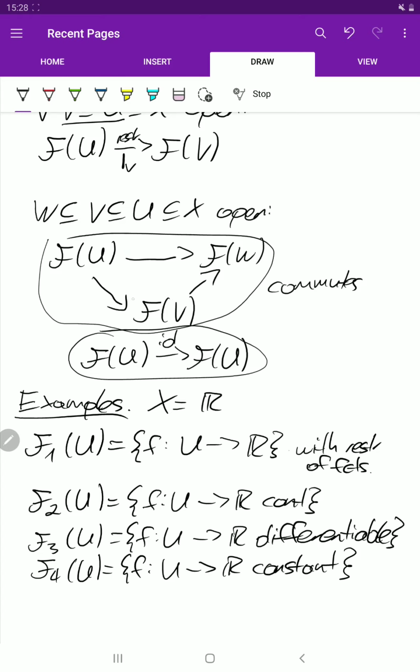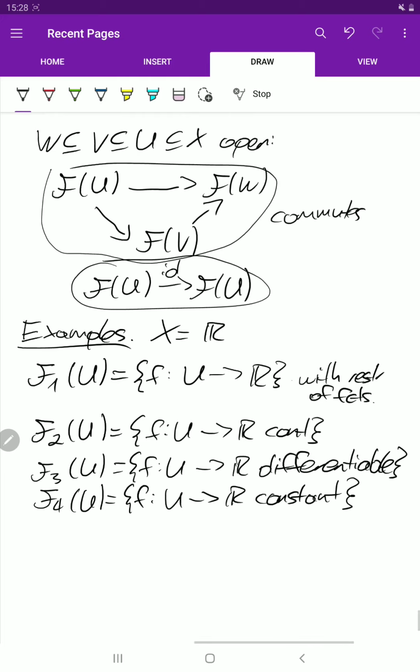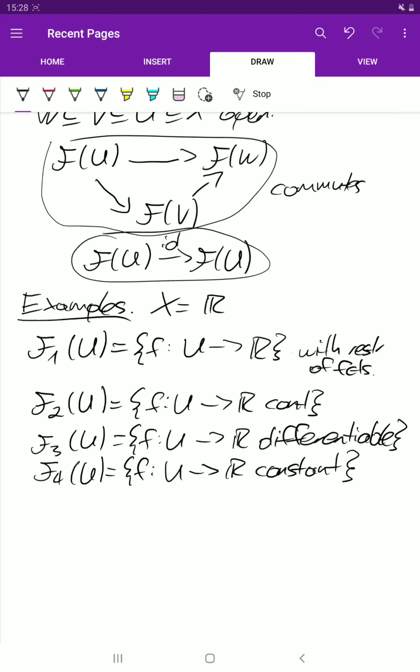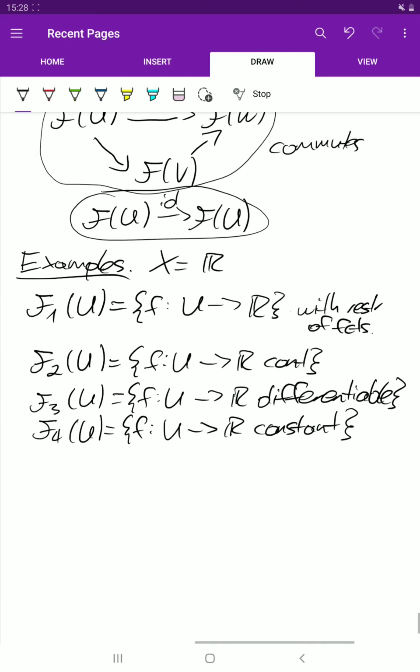So restricting over two subsets is the same as restricting directly, and so that's all fine. And I'll tell you later why I chose this many examples, because later we'll look at